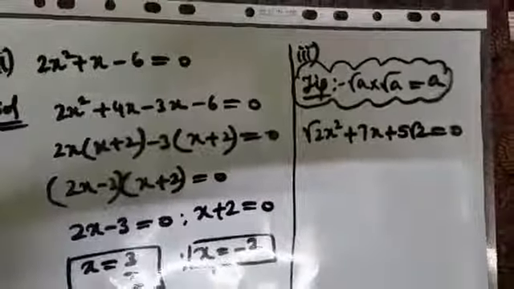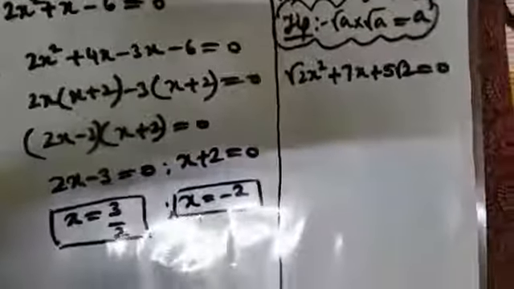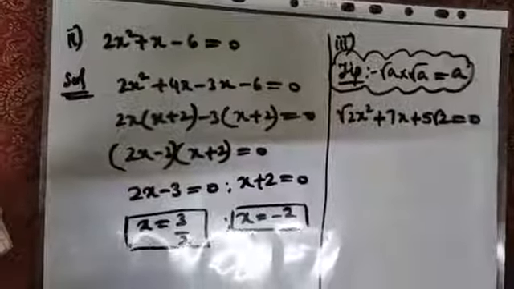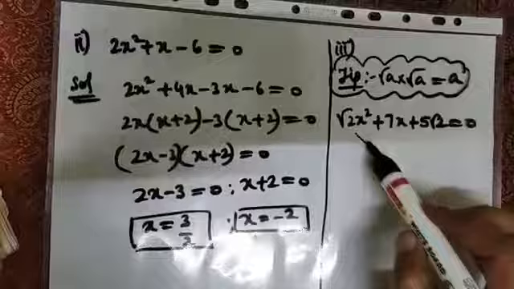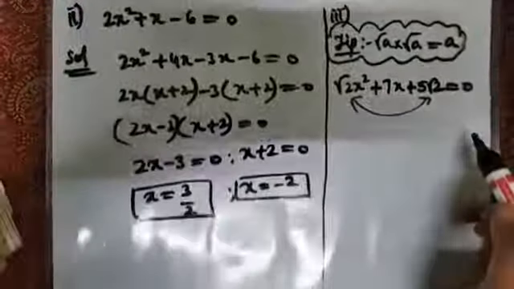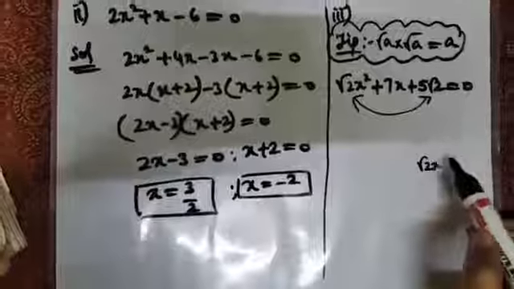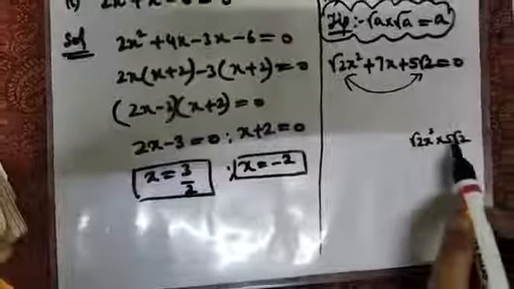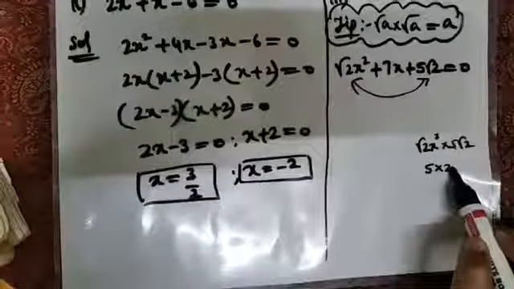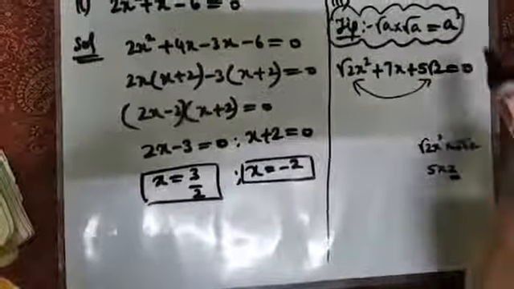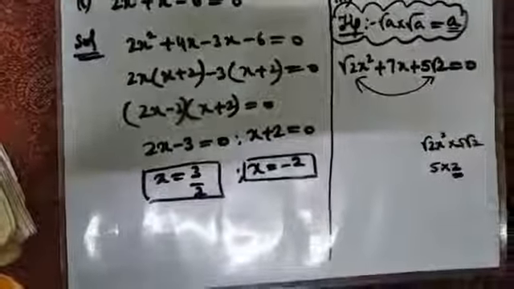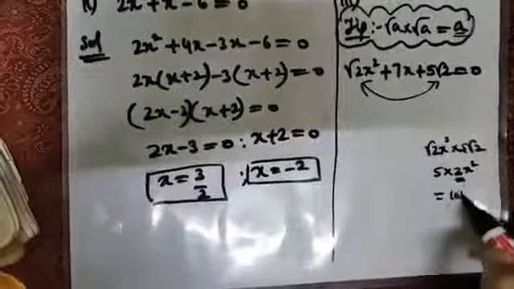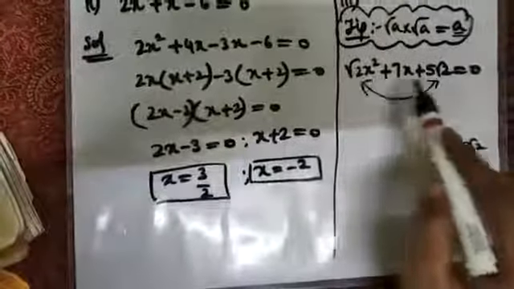Now for the third one, the basic tip which you all should know, which we had already discussed many times, is root a into root a will give you only a. Now in the question here it is given, and what is the first method? We always say multiply extremes. So in my rough column, if I multiply it, it is giving me like this, isn't it? Now how to multiply this root part? 5 is as it is. Root 2 into root 2 is 2. How I am writing this? Based on this tip. Okay, I am using the same lines here so that you will understand. Root 2 into root 2 is 2 and x square as it is. So 5 2s are 10x square. Now I got the product of extremes as 10x square.